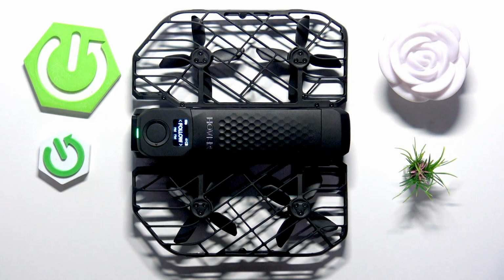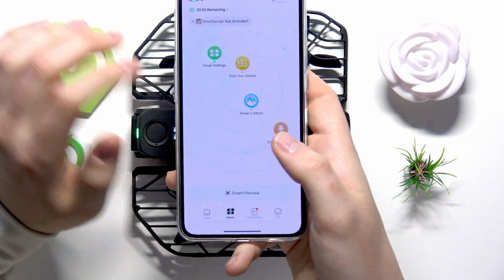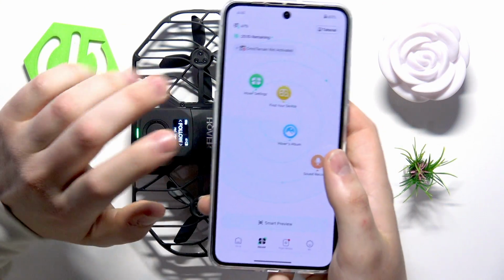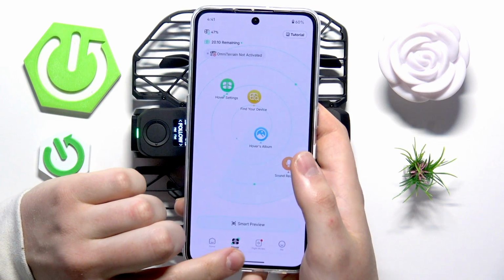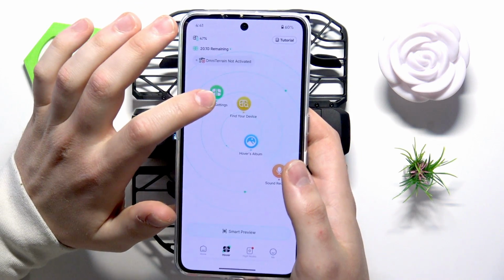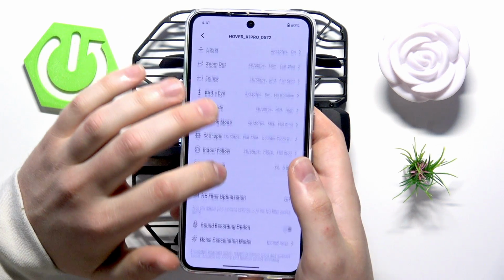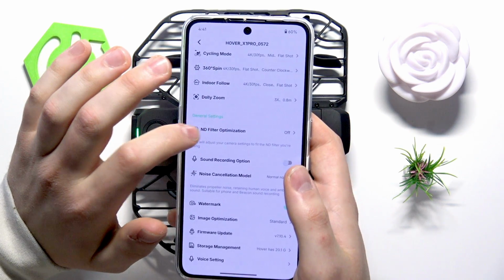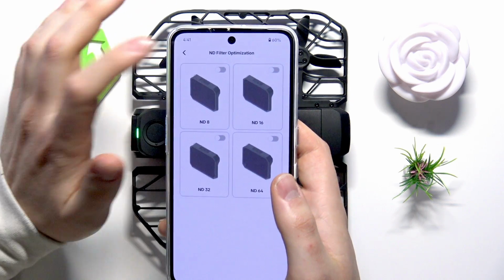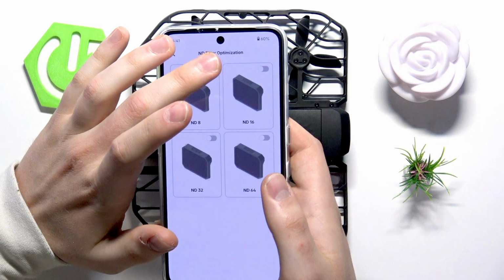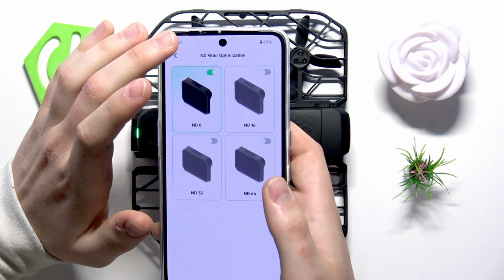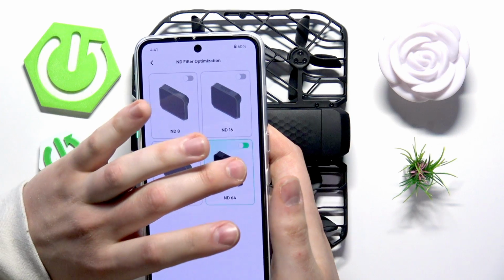So to start, launch the HOVERAir X1 mobile application and make sure that your drone is connected to it. From here, go into the Hover tab at the bottom, then select the Hover Settings control, scroll the settings down and look for the ND filter optimization. Now open its management page, and here you can select what filter format you'd like to go with,